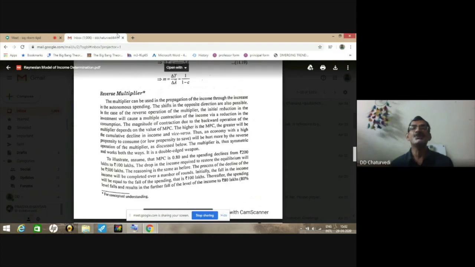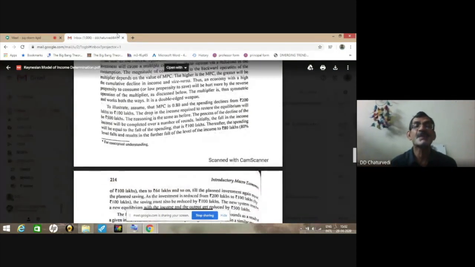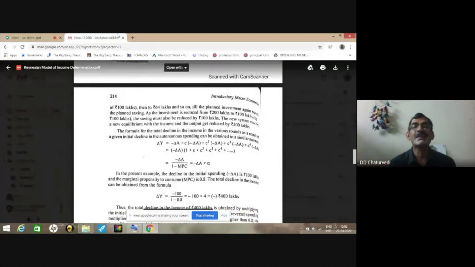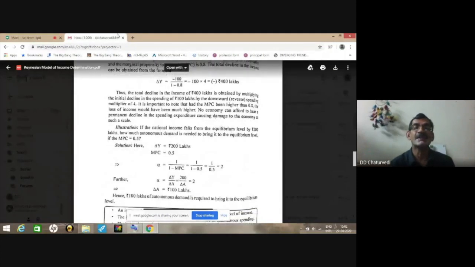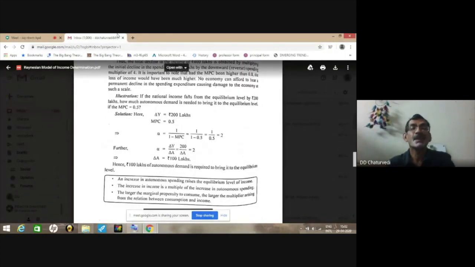So that means when we reduce the expenditure, the income also gets reduced by a multiple amount, but the multiplier principle or multiplier formula will remain the same, which you can see given in the book. That is required only for conceptual understanding. That is why I have not explained it in great detail, but I have explained the concept which is required to be understood. And in the last, I would tell you there are some brief notes which are given in the page, in box form, which is before you.